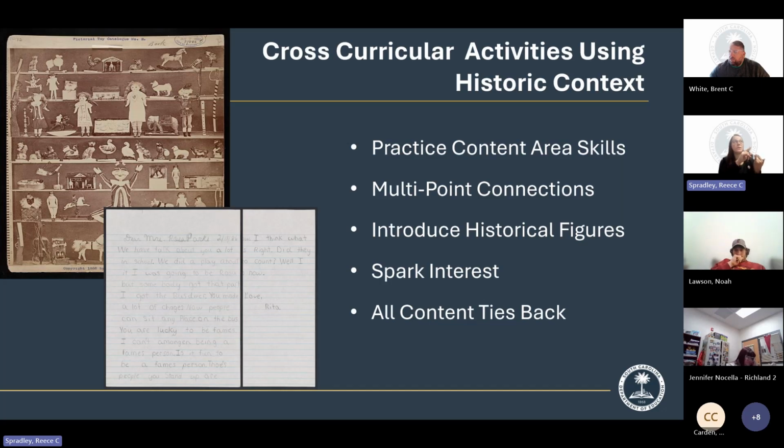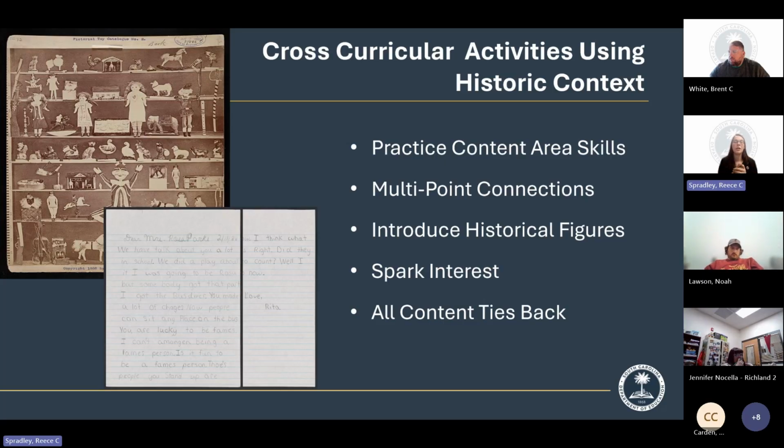Like the dolls, there's an advertisement here from 1886. You could attach prices to those and in a math class have students add or subtract to fit within a certain budget what toys they would buy, but it also allows them to make a historical connection to children living at that time. Letters, one time I received a question asking if we can use primary sources to teach handwriting